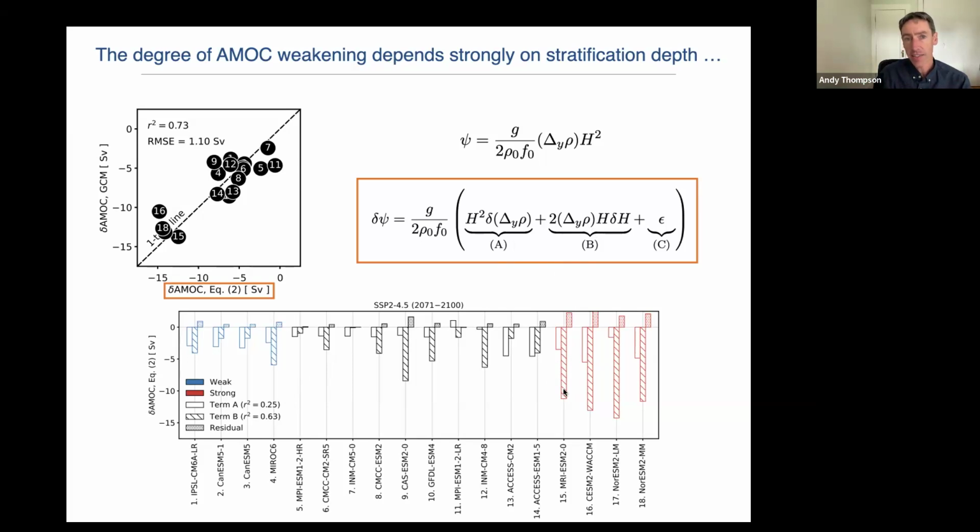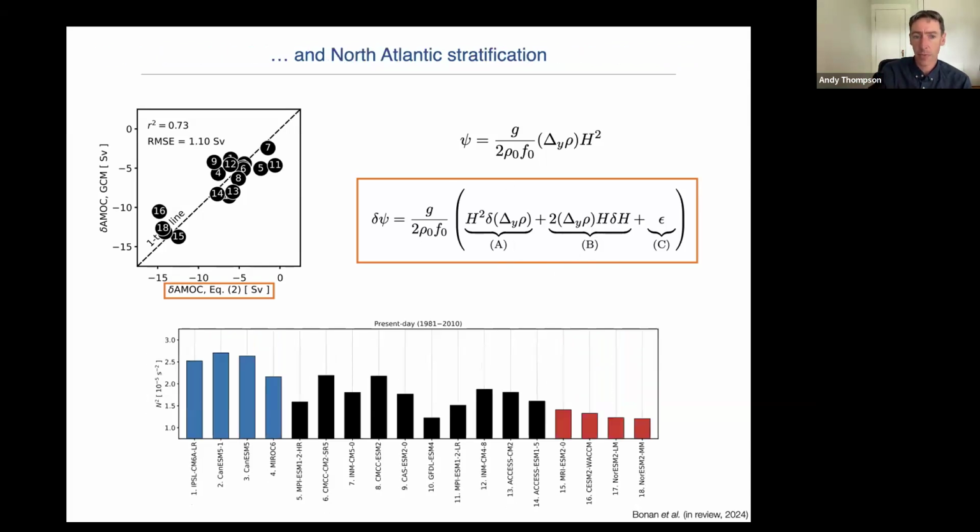And the key takeaway here is that it's actually not the north-south density difference that has a strong control in the overturning perturbations, at least on this 100-year timescale, but rather the vertical change in the stratification of this perturbation to H. And that vertical length scale here, H, is very strongly related to the stratification in the North Atlantic. So what I'm showing here again is those models that have a weak response to the perturbation, a moderate response, and a strong response. And you can see in all of those weak responses, you have a very strong vertical stratification in the North Atlantic that impacts the depth of the overturning circulation.